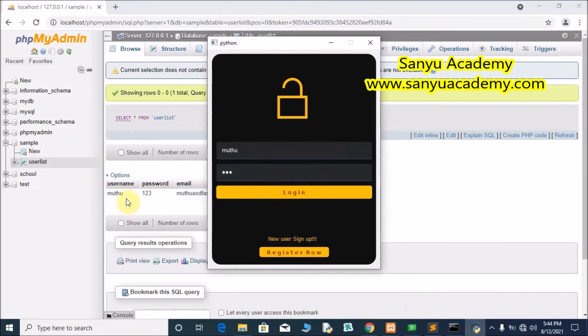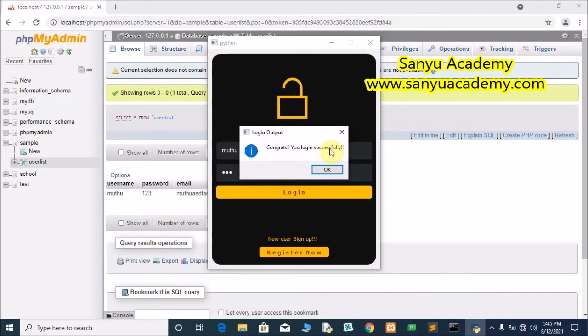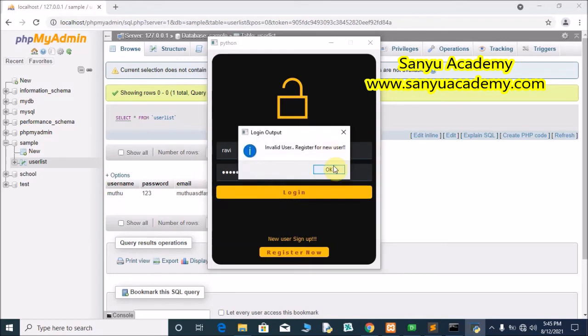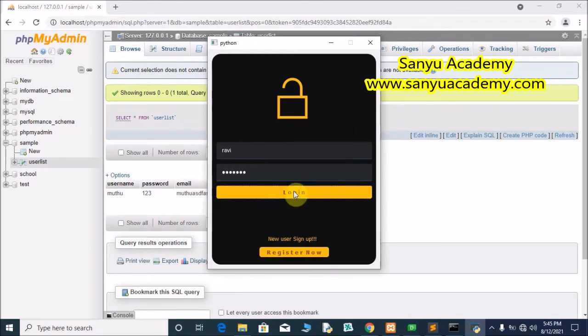If the username and password is available in this database, it says you are logged in successfully. If the username and password is not there, we will give some other data. Login, invalid user, register for new user, like this. This login form is working successfully.